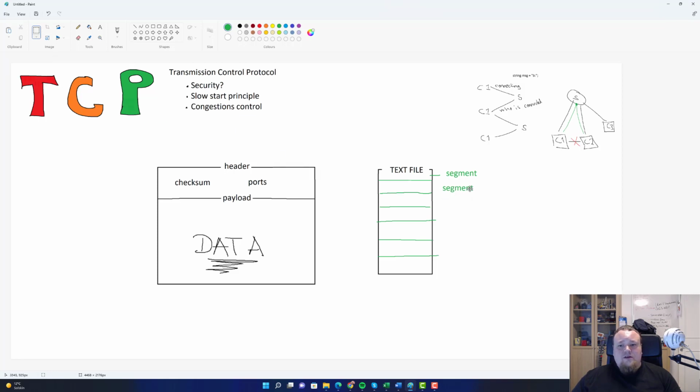So let me illustrate what I mean by putting on a few segments here. Let me just put the rest while I'm at it. So these are all the segments there are, and then I need to put a small green line on the right. There you go. Okay, so this is all the segments, and the TCP protocol is then responsible for making sure that these individual packages of the file are being sent from C1 to the server, or whoever else is going to receive it.